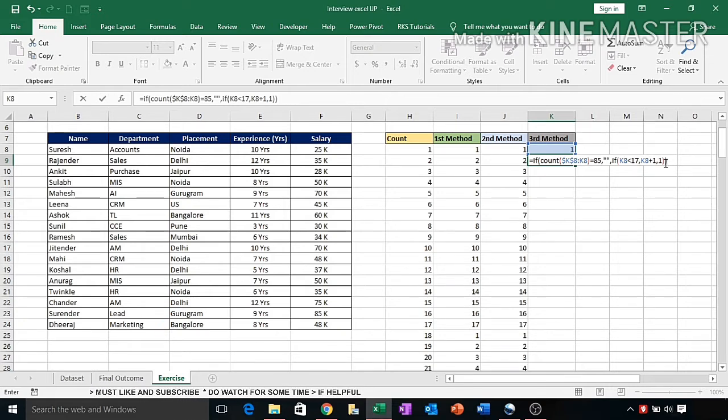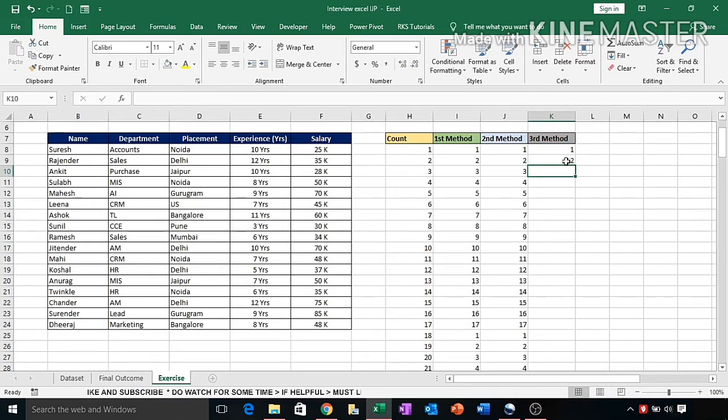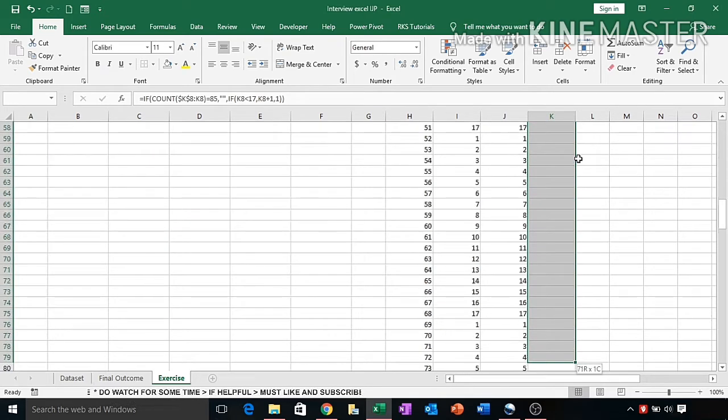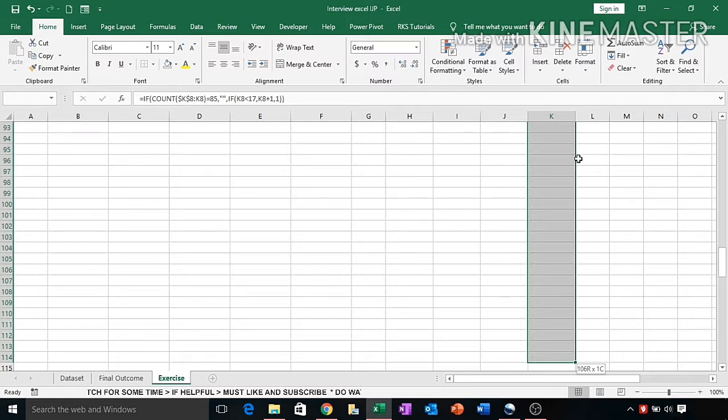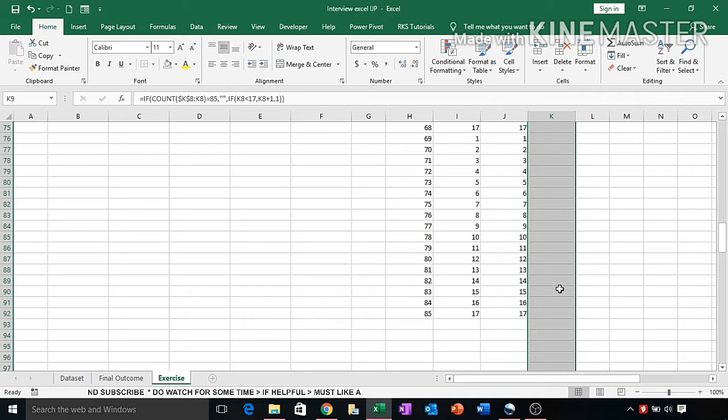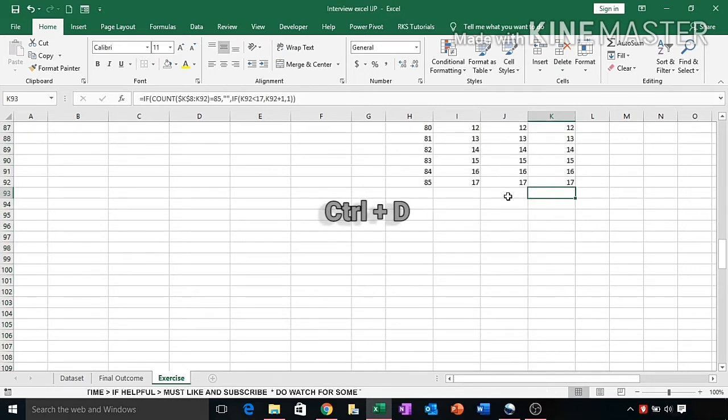Now we press enter and select it up to 85 only, or you can go below it, no problem, because here we have given the condition of count. So you can select as many cells as you want. Now press Ctrl D. Now you check here, 85 has been completed.